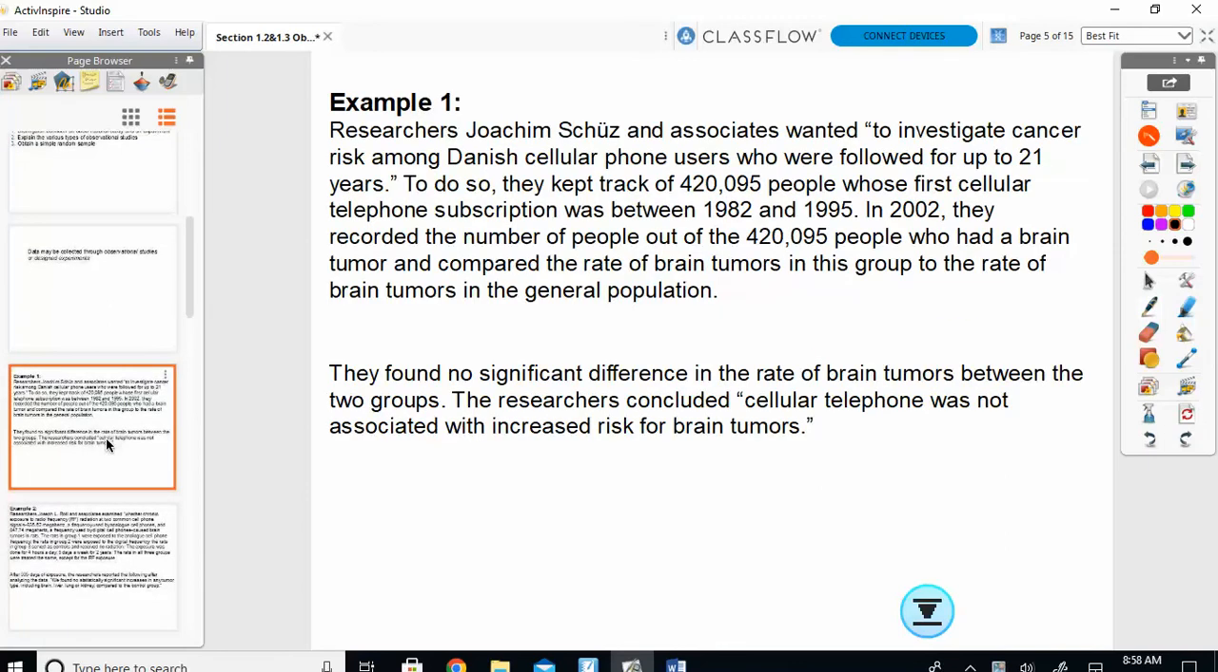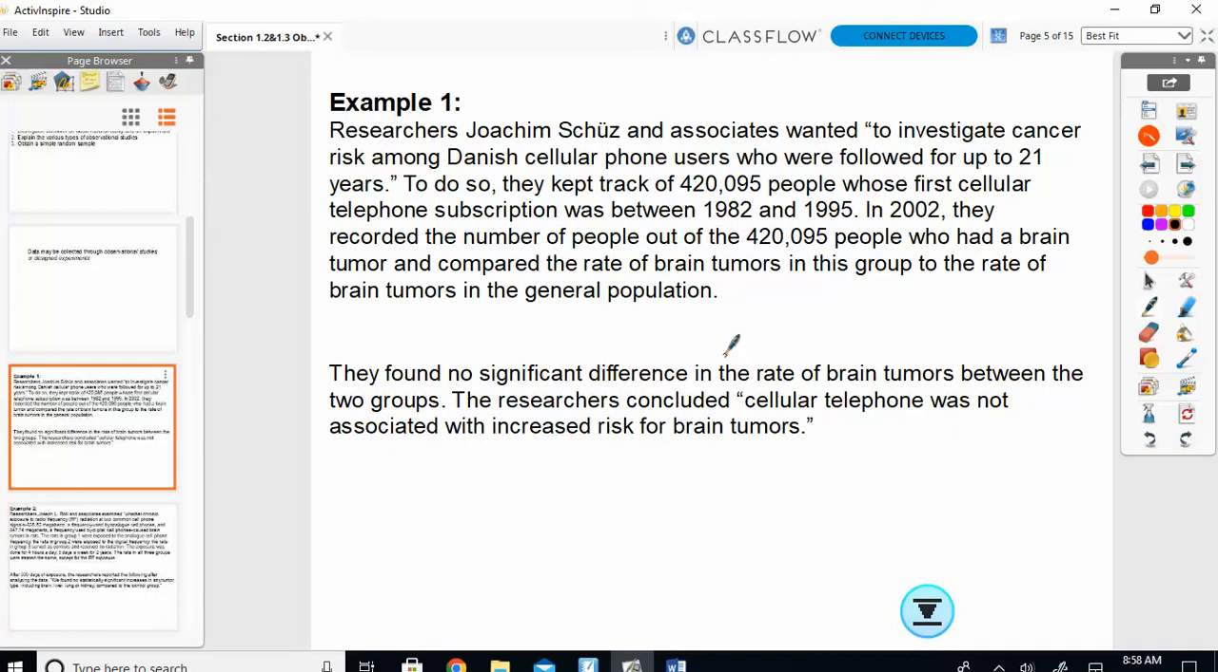So I'm actually going to begin with an example here. So in your example packet, example 1 for today. All right, so this is one of those very wordy examples that I just took out of your book. So we have some researchers that want to investigate cancer risk among Danish cell phone users who were followed for up to 21 years. So to do so, they kept track of 420,095 people whose first cell phone was between